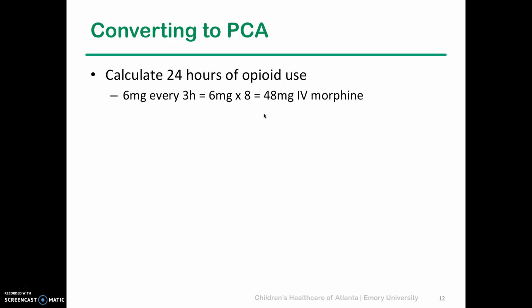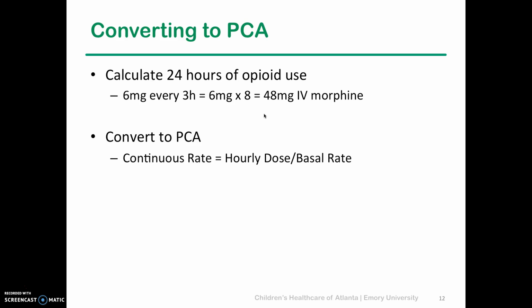It's a simple mathematical equation. So the patient was getting 6 milligrams every 3 hours, and so multiplying 6 by 8, we got 48 milligrams given over the last 24 hours. And then, putting on the PCA, we need to determine what the continuous rate was going to be, also known as the hourly dose or the basal rate. So, taking 48 milligrams and dividing by 24 hours, this gives us 2 milligrams given as a basal rate every